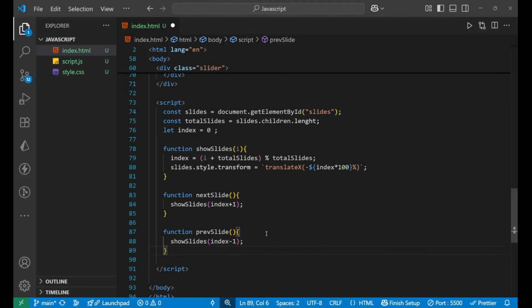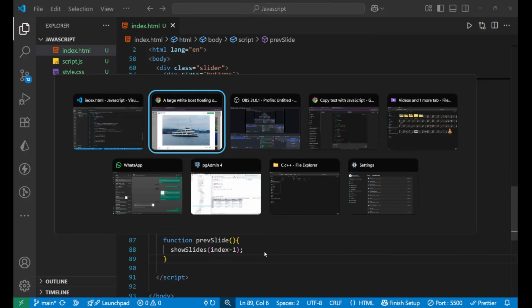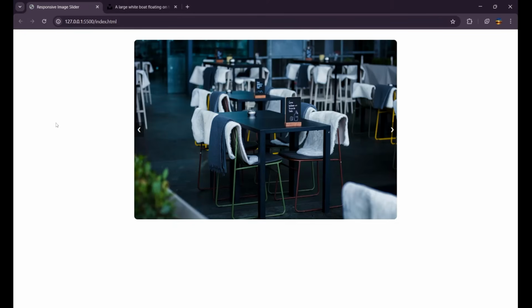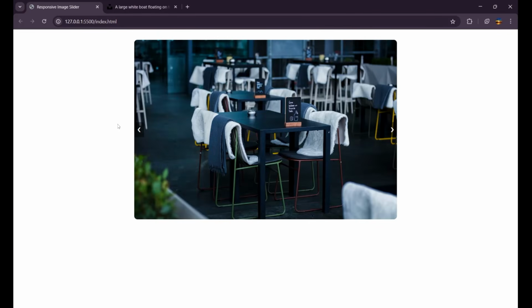Now let's see how it is working. This is the main JavaScript code for it. And if you go here you can see I'm having images, and these two are the buttons. This is one button and this is the other button, right? So let's just click on it and see whether it is working or not. 3 2 1. Okay, it is not working. What's the reason? We need to check.